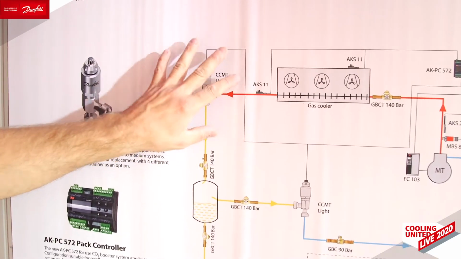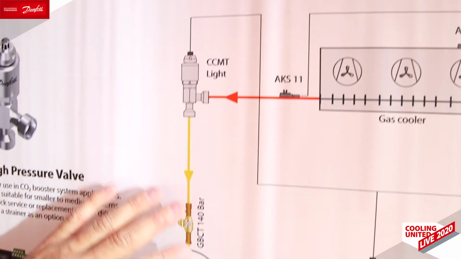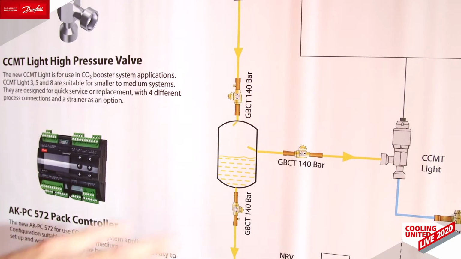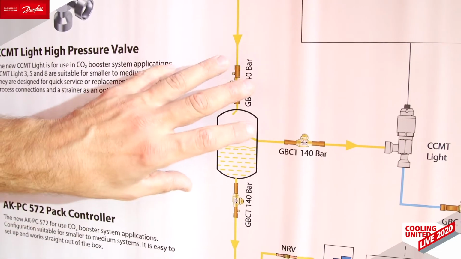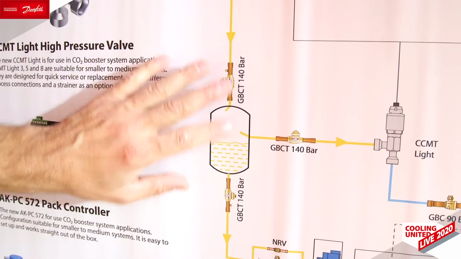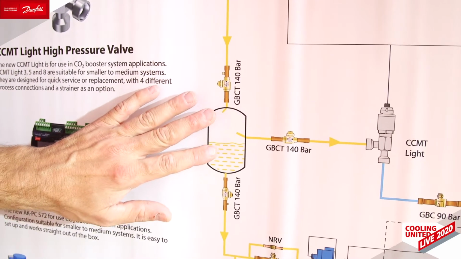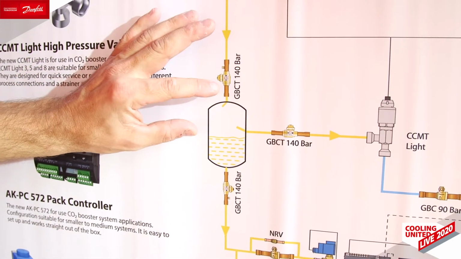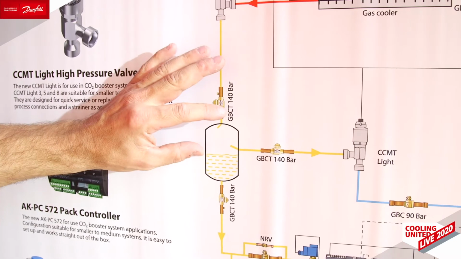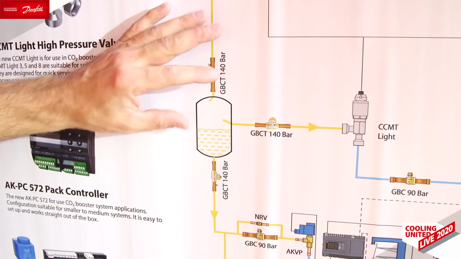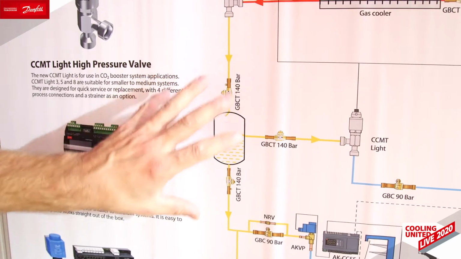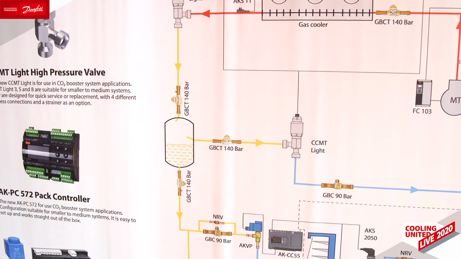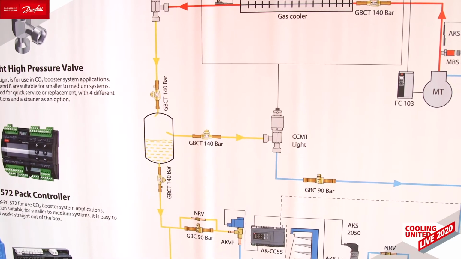The high pressure valve throttles the gas down to the pressure level that you want for the receiver. And in the receiver, the refrigerant is separated, so the liquid will drop to the bottom, and if there is any gas, depending on the quality of the refrigerant, this will stay in the top of the receiver, obviously. Unless we do something to control this gas actively, the pressure will build up and eventually the receiver will burst.